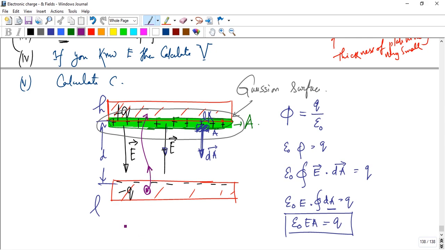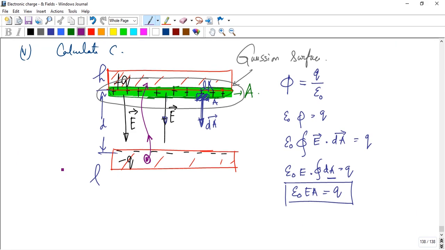So the potential V is the final potential, meaning V is the potential difference between these two plates. Since Q equals CV, where V is the potential difference between the two plates, that is Vf minus Vi, and that equals minus the integral from I to F of